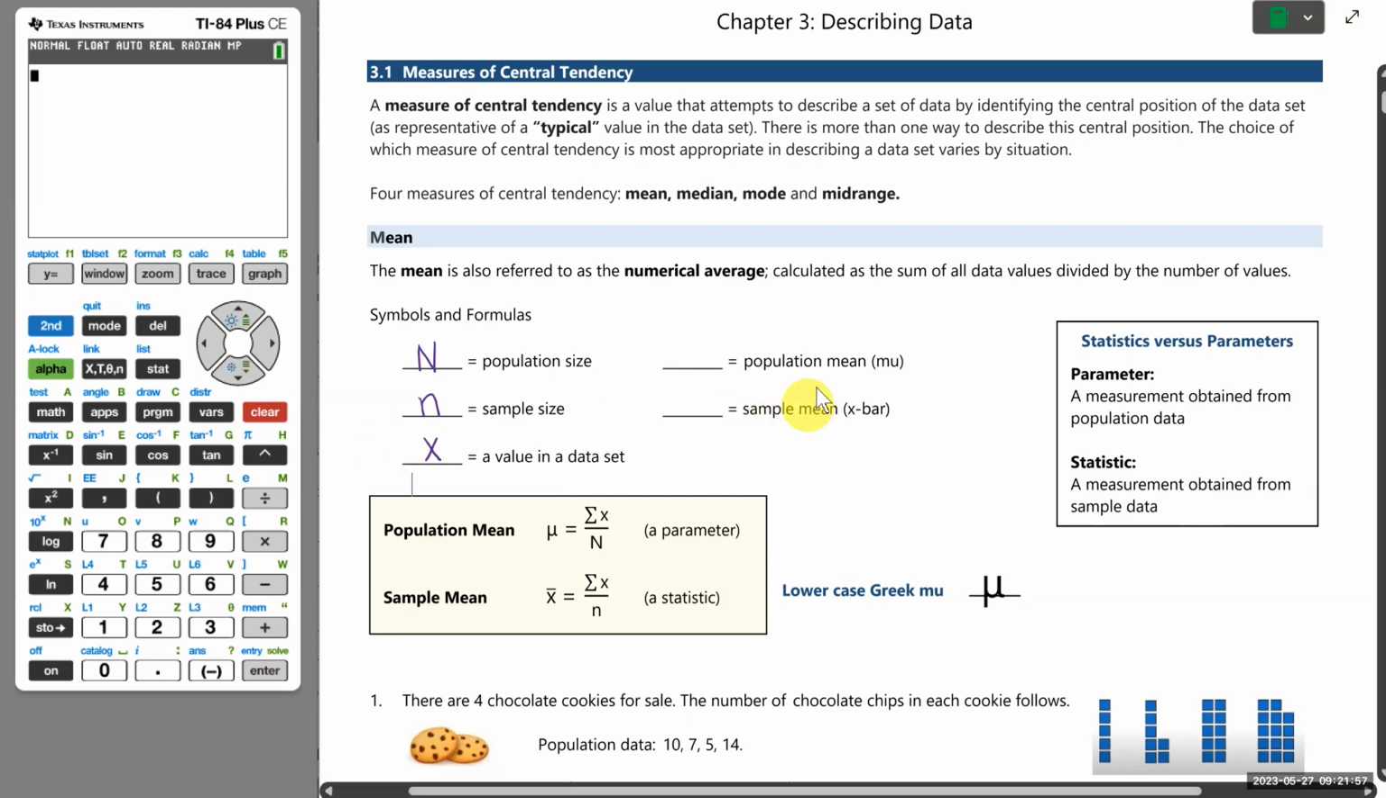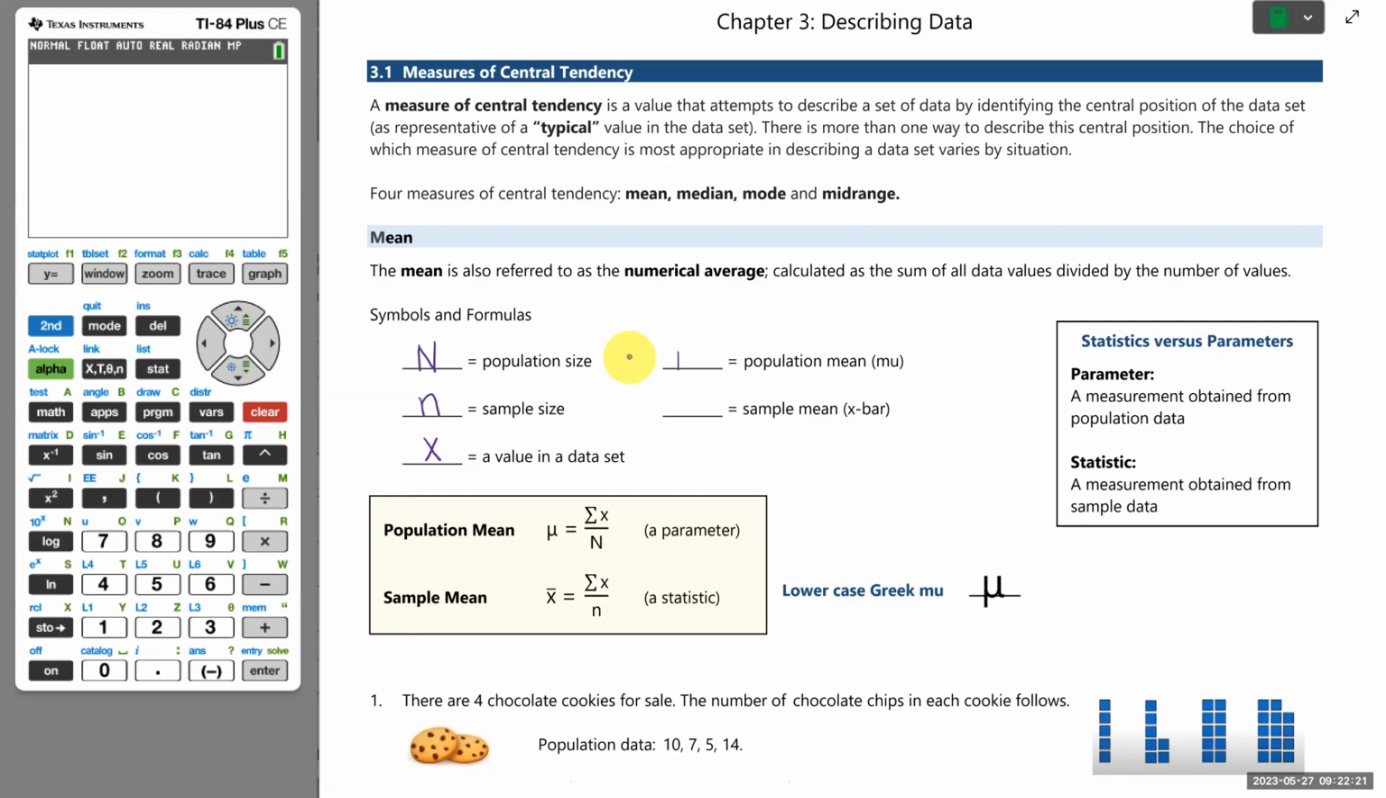And then when we start finding the mean, again, we'll have to differentiate between examples where we're looking at population data versus sample data. So if we have a population set of data, the population mean is denoted with a lowercase Greek mu. So that's what a mu looks like. I'll just write that here. It doesn't have to be perfect, but the idea is that